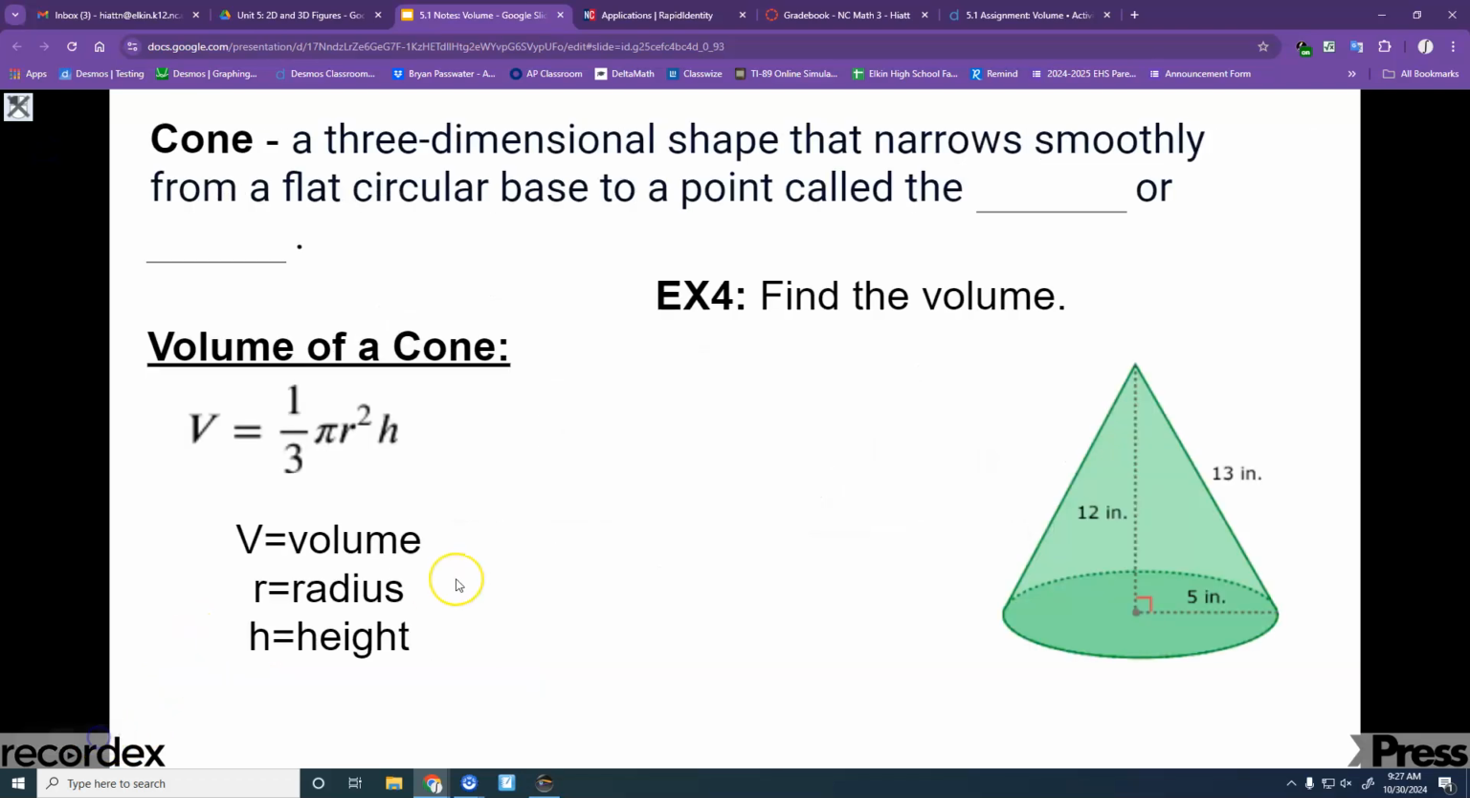So, a cone is a 3-dimensional shape that narrows smoothly from a flat circular base to a point called the vertex